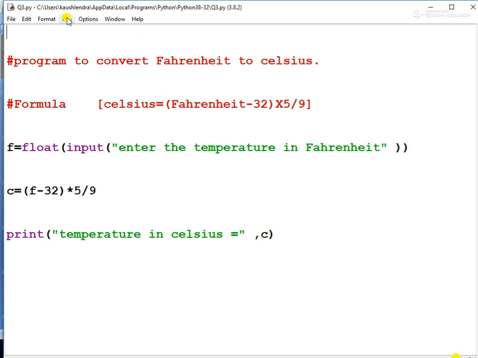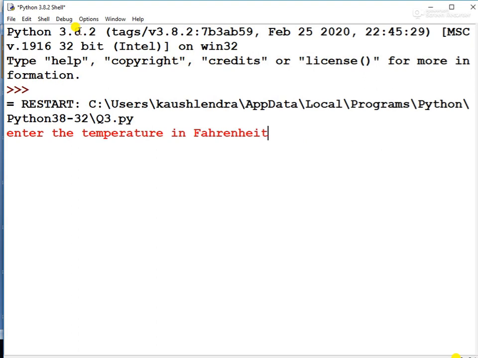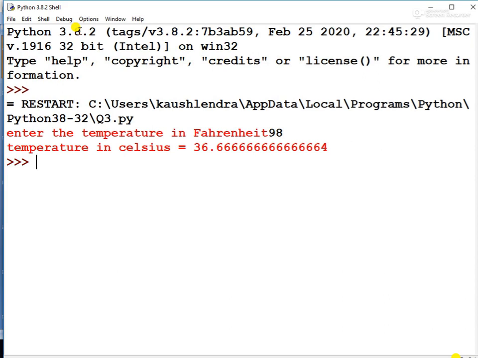Again, run the program either by pressing F5 from your keyboard or by going to the run menu bar and clicking on run module. Enter the temperature. Okay, 98 degrees Fahrenheit equals 36.666 something degrees Celsius.